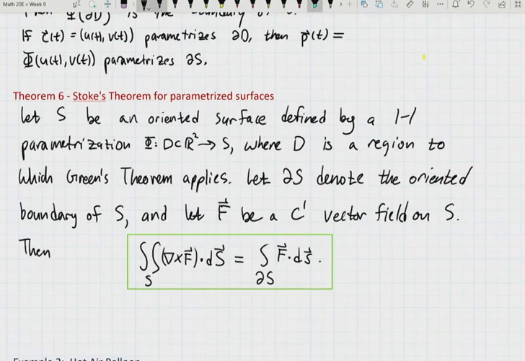So, for example, a sphere: what would happen if there is no boundary to integrate over? It's 0, indeed. So if S has no boundary,